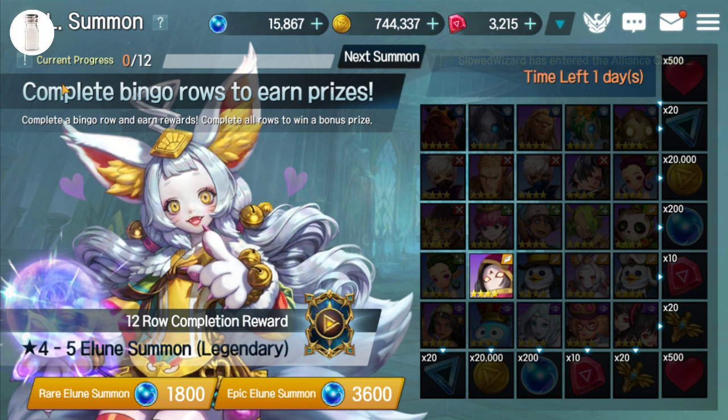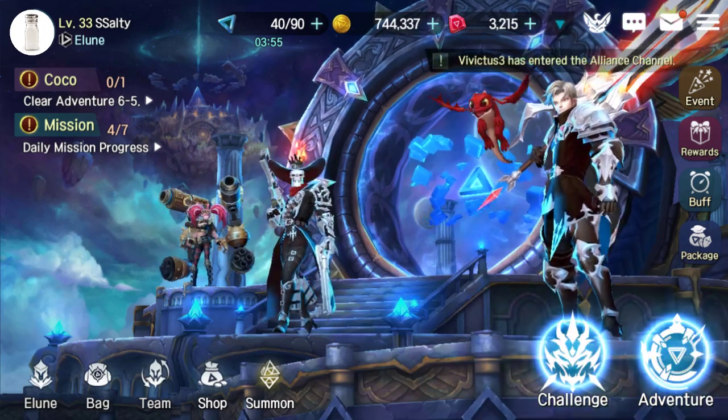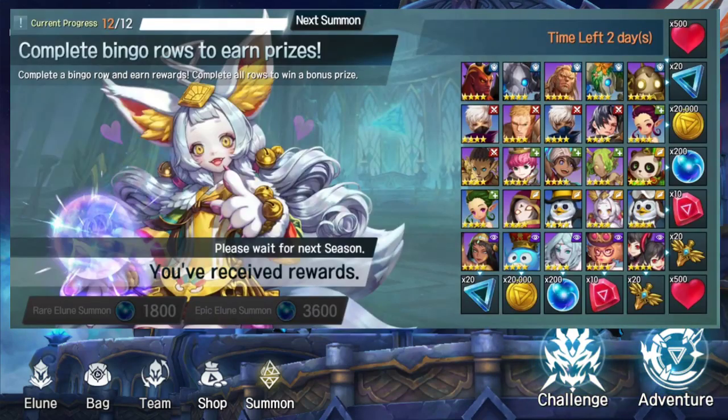But for the people who did end up completing it, this is just a screenshot of what it looks like right here. And you'll see current progress 12 out of 12. And you will not be able to summon from the bingo board anymore. Now, once again, this was an exception because the game ended up coming out really close to the end of this month, so it seems like this event or game feature was really short, but you'll have an entire month starting next month to be able to clear out this full board. So you'll have 30 plus full days, or however long the months are going to be, to get 72,000 Elunes